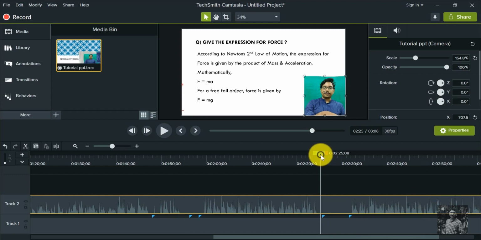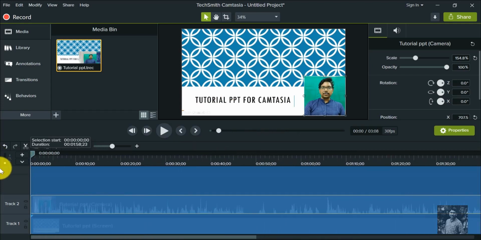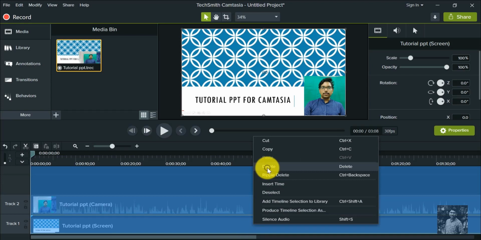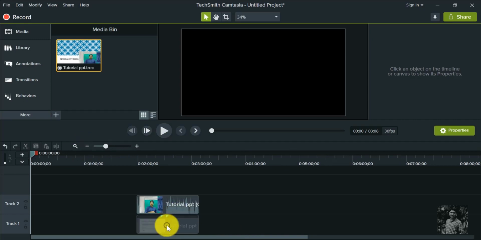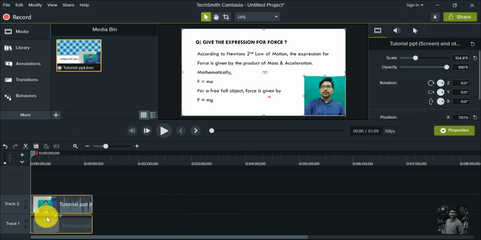I'm just going to do a small editing here. This is not the editing video. I'll be doing a separate video for that, but I'll just show you how to trim off the part. Okay, I don't want this entire content. Just select the content, right click and click on delete. Simple. Okay, now you can minimize the size of the timeline. You need to move these slides to the first. Okay, done.